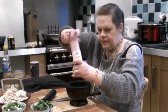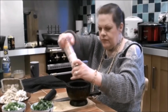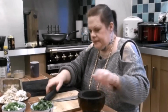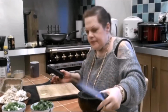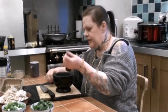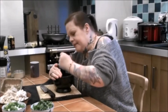Now the reason I'm putting my salt in here, it adds flavor to the sauce, but it also does something really wonderful. When you're grinding stuff up in your mortar and pestle, especially something fresh, like ginger and garlic, if you put some salt in there, it really helps grind everything down. And what you're going to want to do is work that. Work your biceps. Put some elbow grease in there. I'm putting my hand over so that it won't...